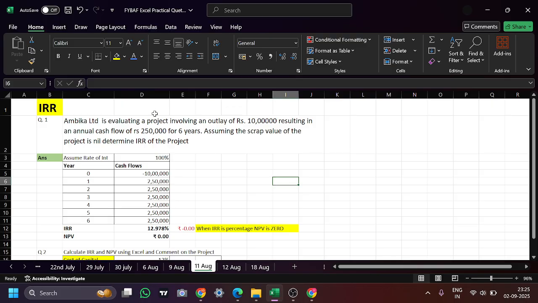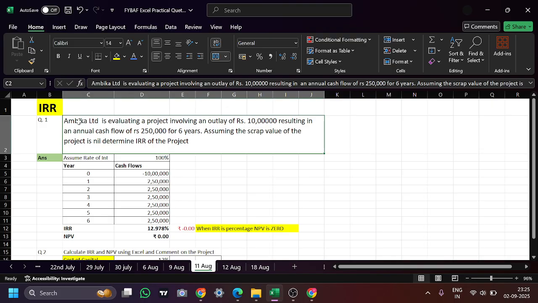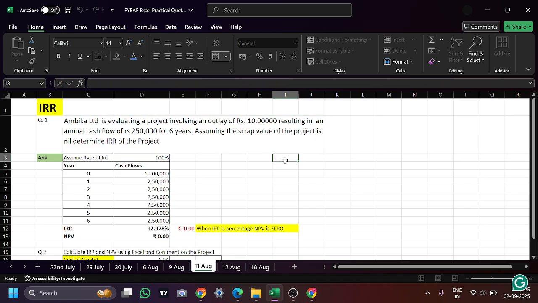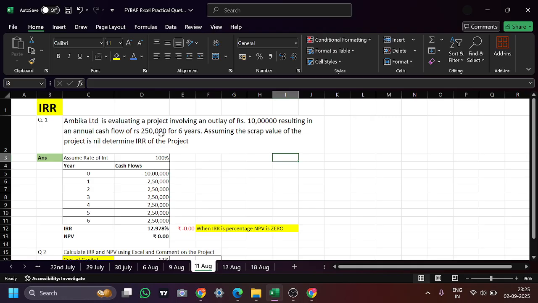Let's take an example. The first sum, Ambika Limited is evaluating a project involving the outlay, that is outlay is nothing but the outflow of the cash, which is 10,000, resulting in an annual cash flow of rupees 2,50,000 for 6 years. Assuming the scrap value of the project is nil, determine the IRR of the project. Now we have the formula for calculating the IRR under Excel. So the outlay is given as 10 lakhs. So we have written over here the year 0 we have dedicated for the outflow. We have written 10 lakhs, and for the next 6 years, that is starting from 1 to 6, we